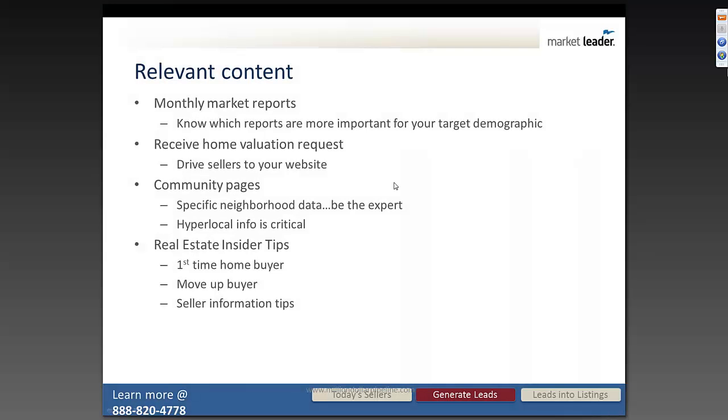And it's not because they have this magic button that they push that enabled them to get real names and real phone numbers. The fact is they have the right technology in their business that allowed them to influence that consumer down the timeline until that consumer was ready in phase 2 or phase 3 to actually engage with that agent. Yeah, the thing too is, a lot of times agents tell us, I just don't know